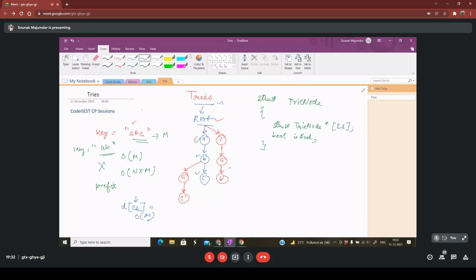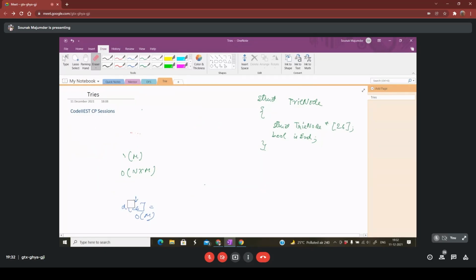Okay, so essentially the three main things that we do in tries are insertion, searching, and deletion. So let's write how these things work. Let's come up with a pseudocode-type thing.